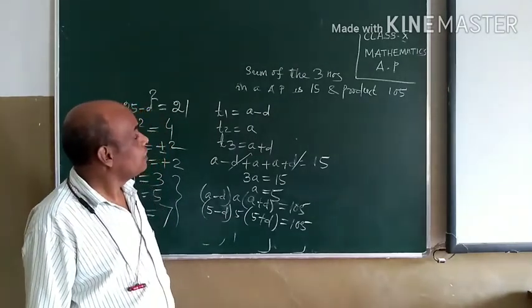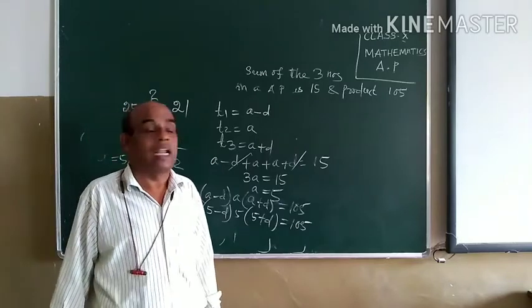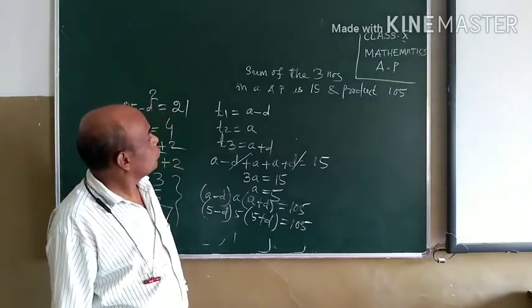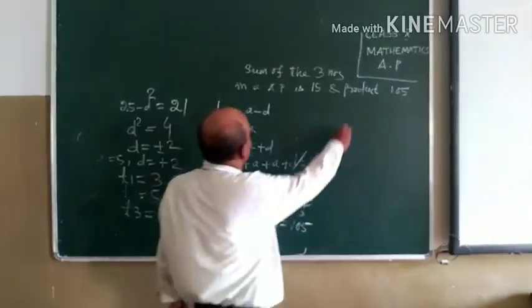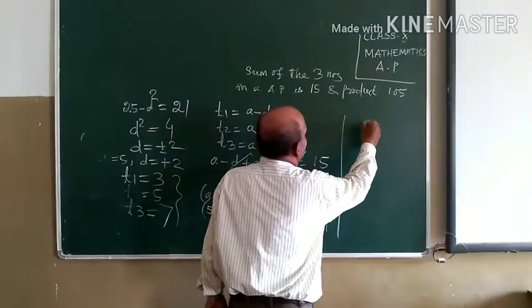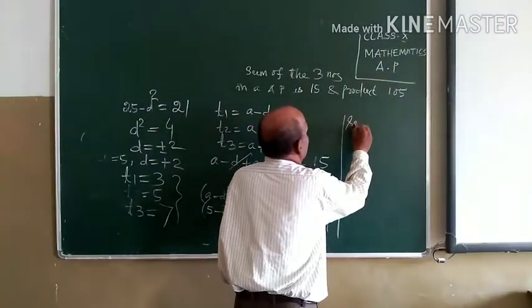So dear children, you may write a question like this. You may write sum of the three numbers in an AP is 18. Sum of the three numbers